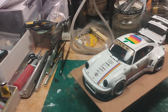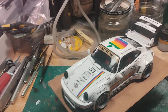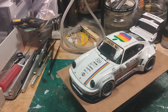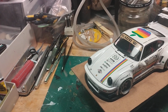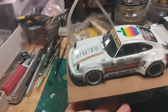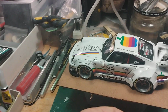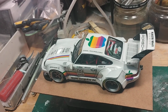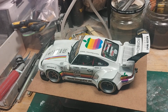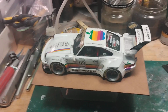Then I was also following his personal page, and something happened, probably connected to health issues, and so I could not keep following the good job that he was making. But I crossed him, as I said, 4 or 5 years ago, because he designed this beautiful decal for this particular version of the RWB. I think he also bought my models, the NSX and also my RWB car, the narrow body. This is the decal that he made for this type of car that at the time didn't exist, so probably he was planning to do something like this, or was expecting somebody to do the body